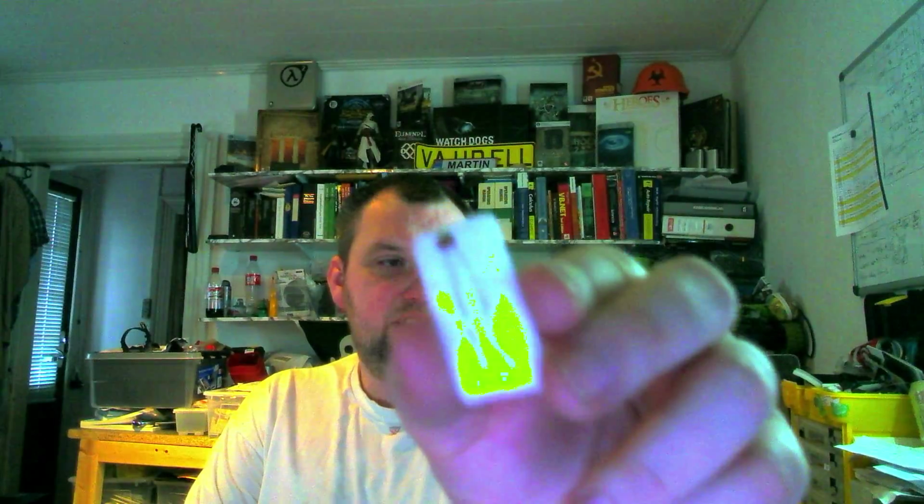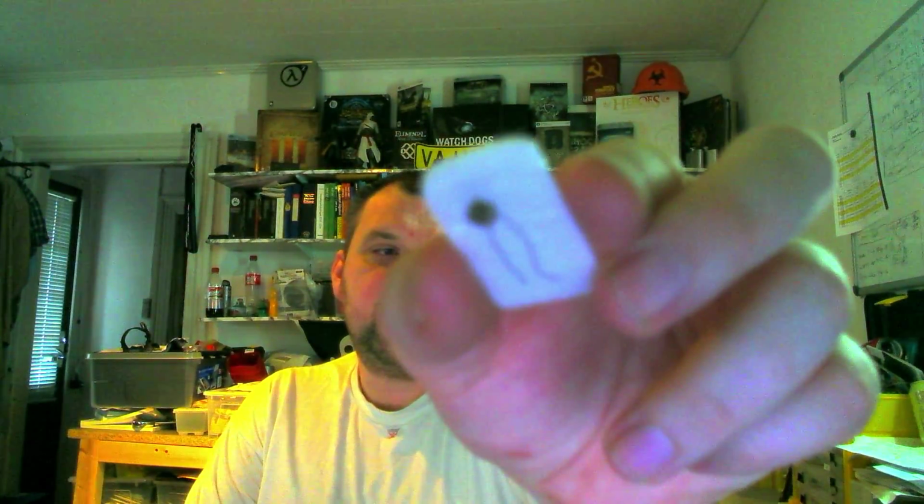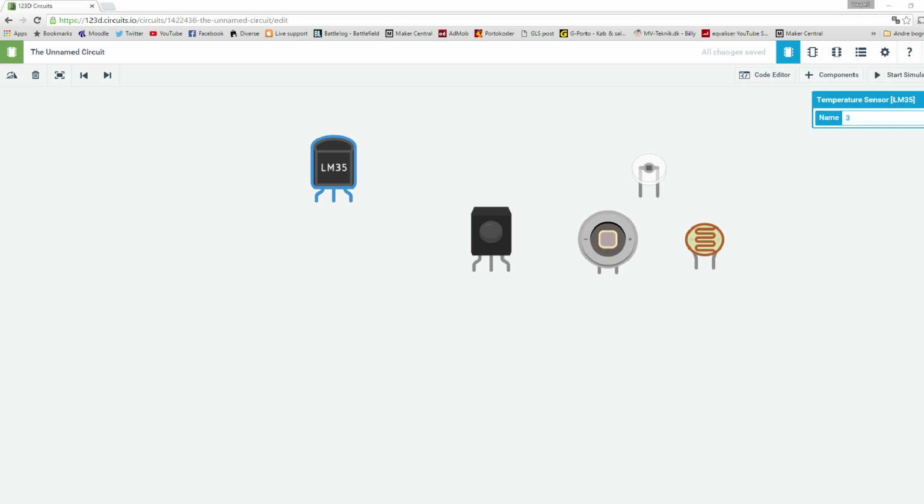The first one is, it's hard to see. I'm going to show you on screen. There we go. This one. That's an LDR sensor. You can see it's a photoresistor. A photoresistor means a resistor depending on light, right? It has a resistance, and resistance either increases or decreases depending on your light source or the light